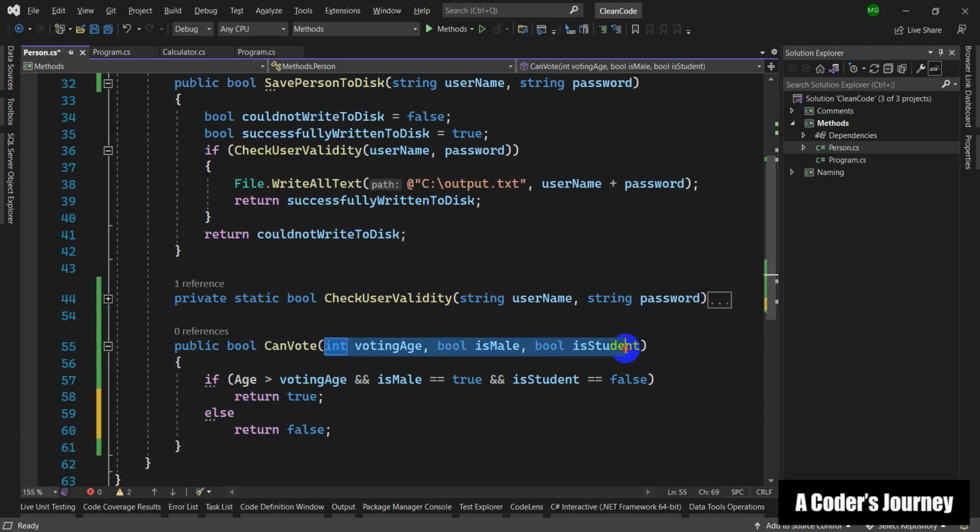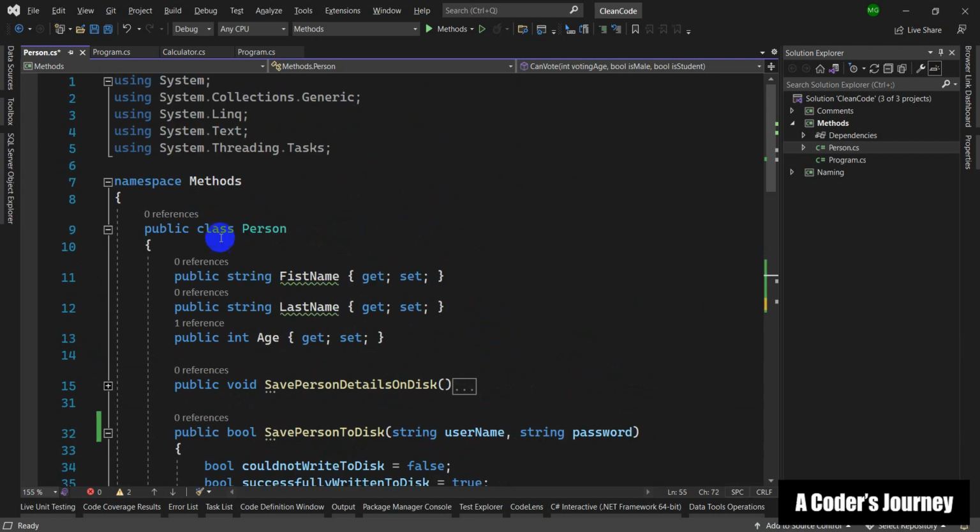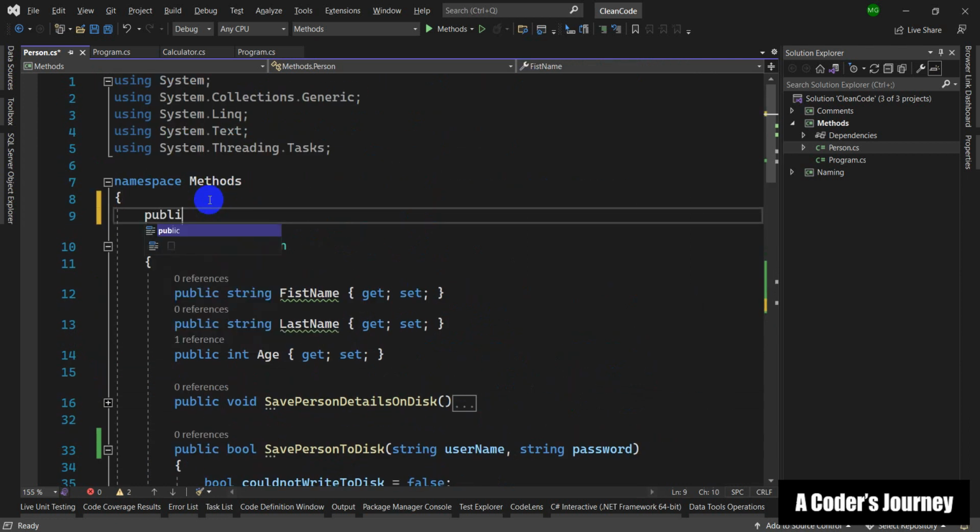Now, as I told you, methods with three parameters are very difficult to understand and to reason about. That's why with a simple refactoring, we can reduce the number of these parameters. The refactoring that you're going to use is to encapsulate all of these parameters into a single class or sometimes a struct. That class or struct is going to act like a container, if you will, of these parameters. So I'm going to say class